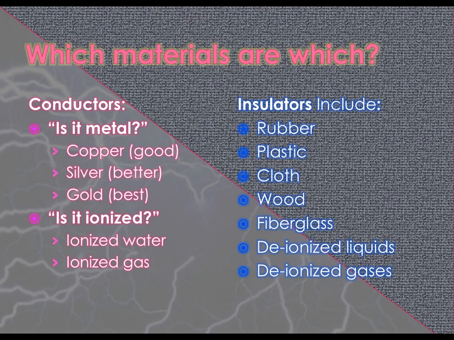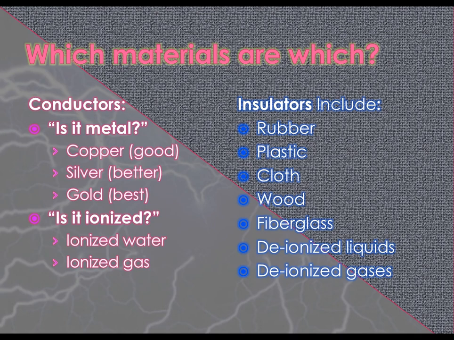It's not the water that's the biggest problem. It's the ions in the water. The fluorine that keeps your teeth healthy, the chlorine that kills the germs, all those wonderful minerals, which is why we call it mineral water, they're all ions, and that's what's responsible for a lot of the electrical conductivity. Deionized water is a very poor conductor. What about air? Insulator or conductor? Well, if it's not metal, it's not ionized, it's an insulator.